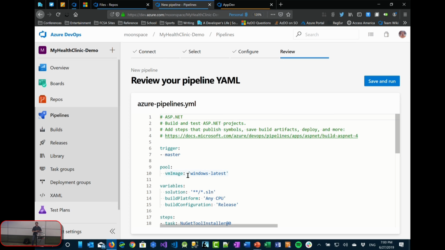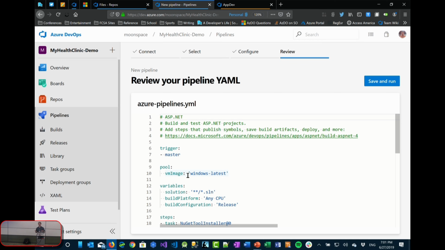But the beauty of YAML files is that in this case it's a build, it becomes part of your source code. And the beauty of that is then it lives in whatever branch you have. So if you need to create a new branch because you've got this brand new feature, your build definition comes along and then maybe you have to add in 2 or 3 steps or maybe remove some steps, whatever the case is based on the feature you're building. You could still have your master branch running the old build because it's still in code, but then your new branch that you created can have a completely different build and it'll work independently of the others.